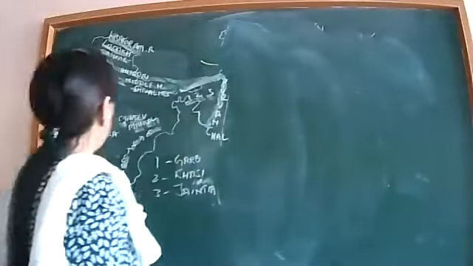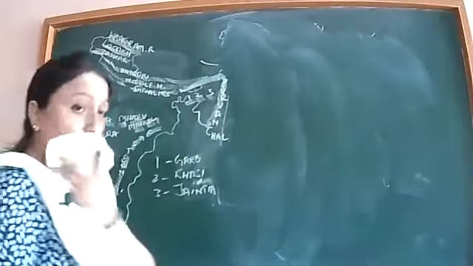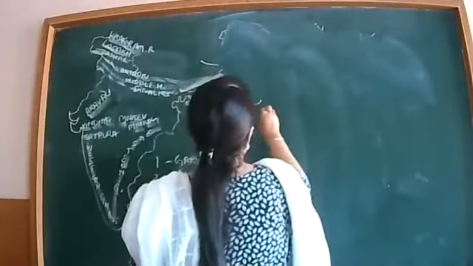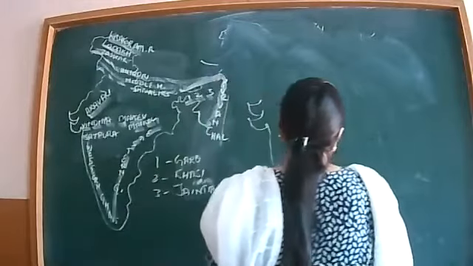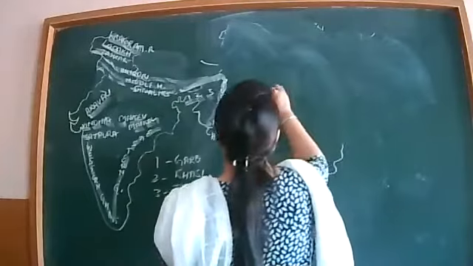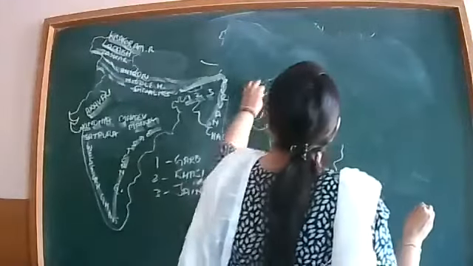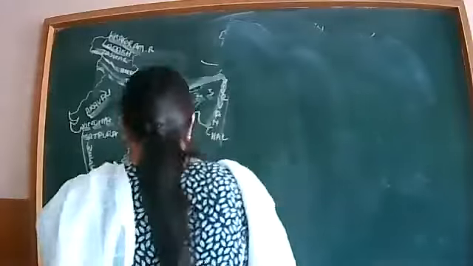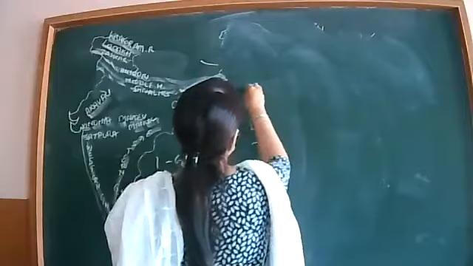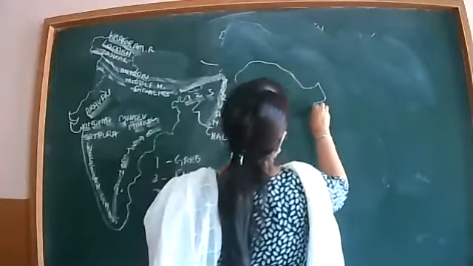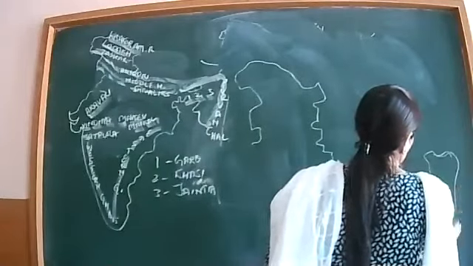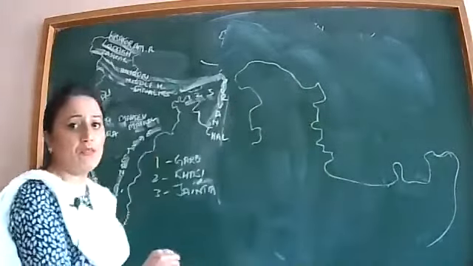So now I'm going to make a map of prominent peaks. Excuse me, ma'am. Yes, children. Ma'am, what is below the Mahadeo Hills? Maikal. Thank you. I will make just a map of northern India to have much more clarity of peaks. It is clear to every one of you, right?